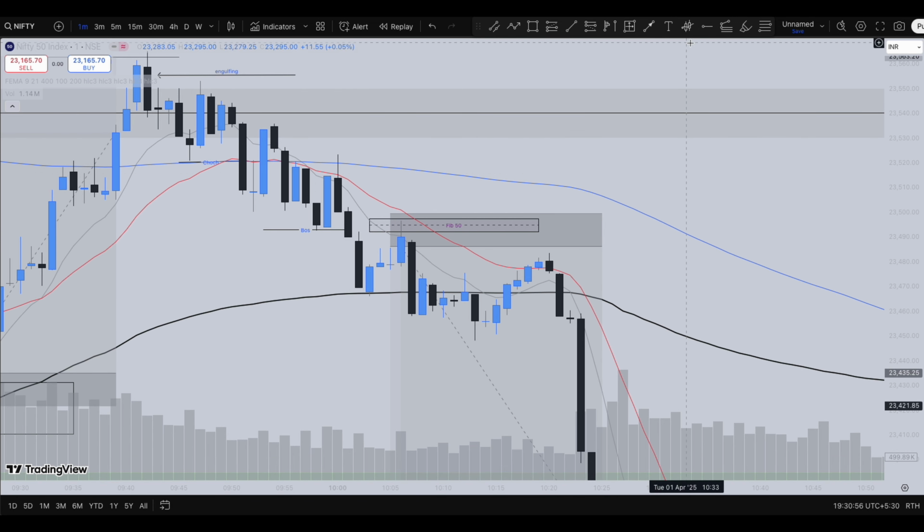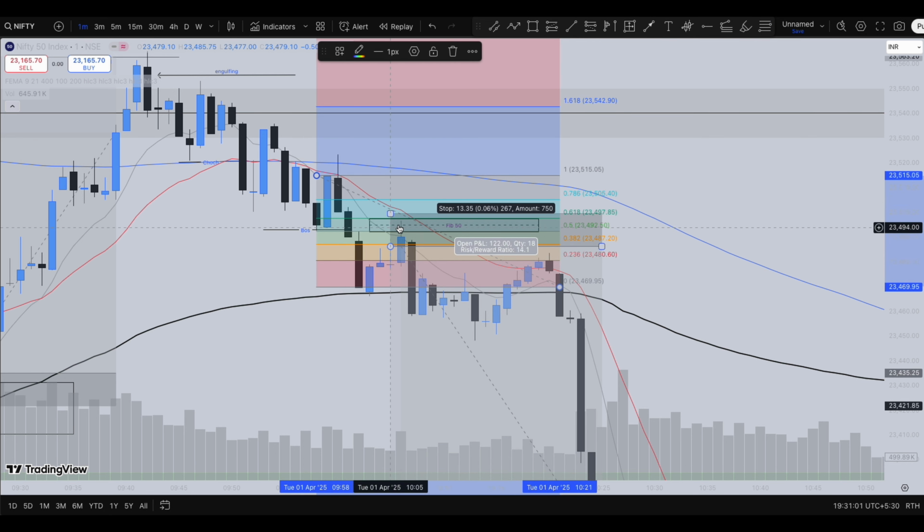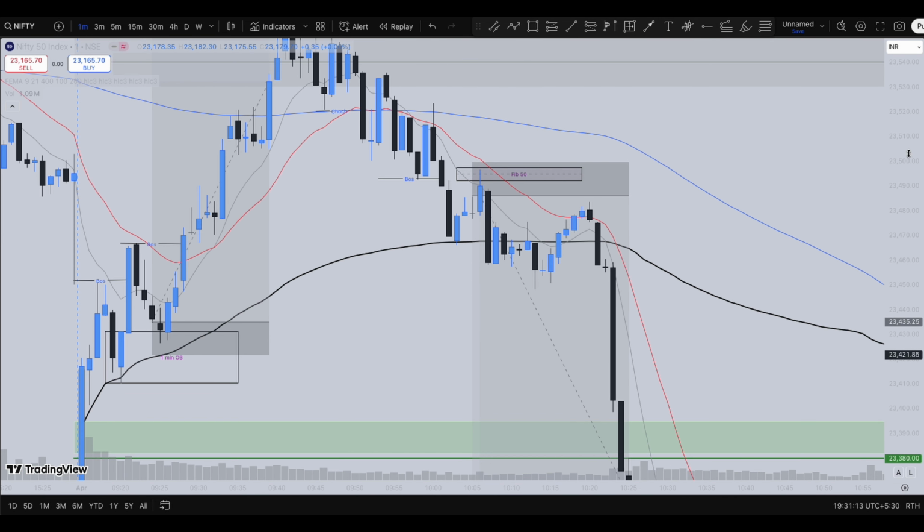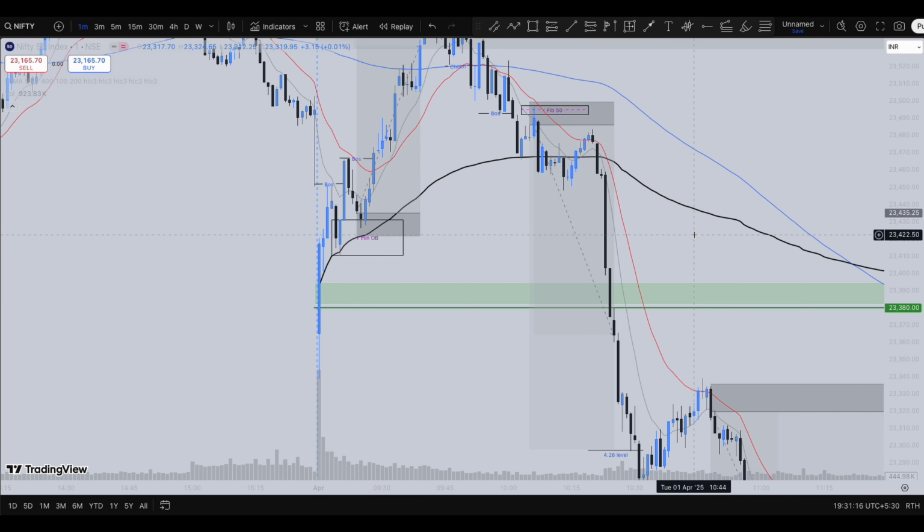And if you try to plot the fib levels, the common point between this to the common point between this, you can see the market came and rejected price from this 50 level or the 21 moving average. You could have just placed your stop loss just above this 21 moving average and the 50 level, and you could have expected the market to continue further selling towards the downside.